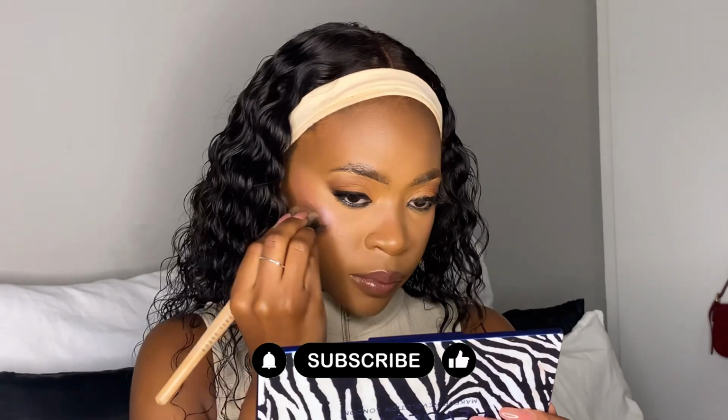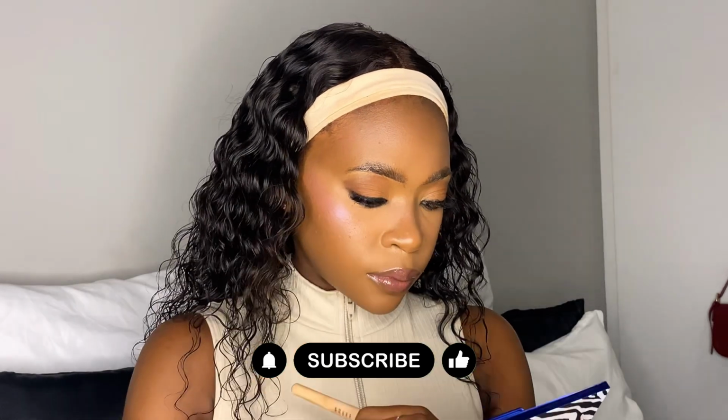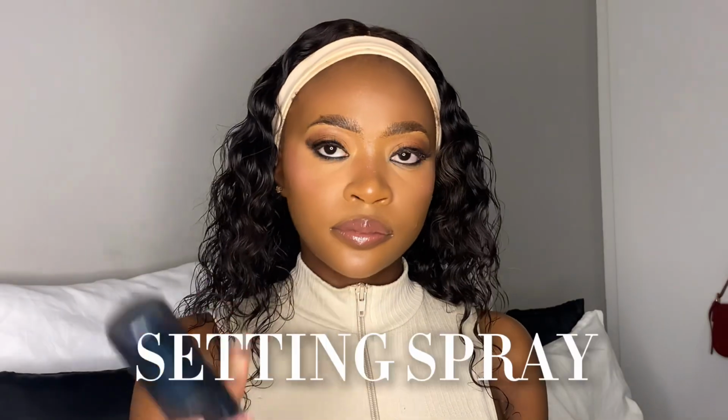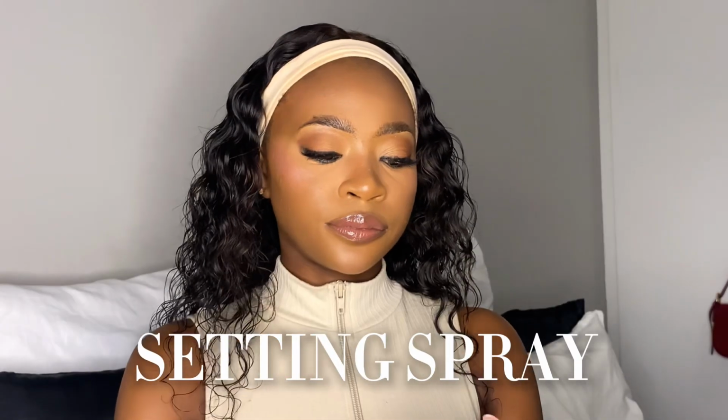So obviously, because you've blended out some of the shimmers and shines, you kind of want to go in just a little bit more to accentuate those different parts again and make that makeup more intentional and pop. So don't forget to do certain parts that you want to play around with. Makeup doesn't have to be for those designed areas only. It can also be for other parts. Like I just used that shimmer on basically just above my lips,